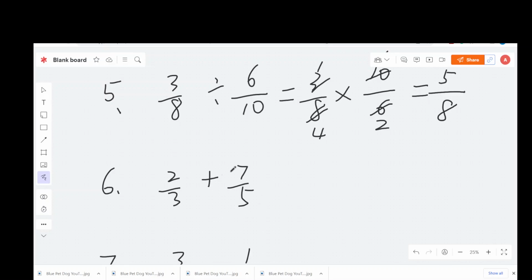Okay, this one. We do the calculation 2 over 3 plus 7 over 5. But this denominator is different. So when we do the calculation about this kind of form, we should make the denominator the same. So here, how to do the same? Here is 3, here is 5. So we make a common